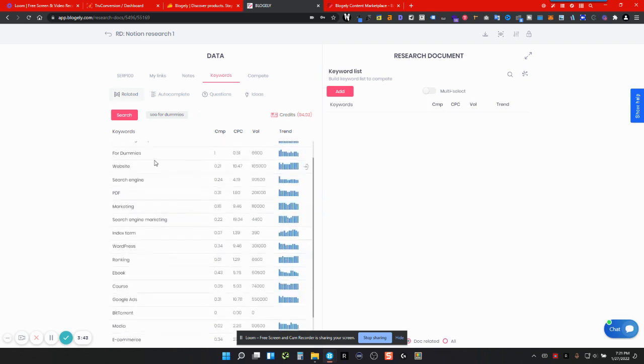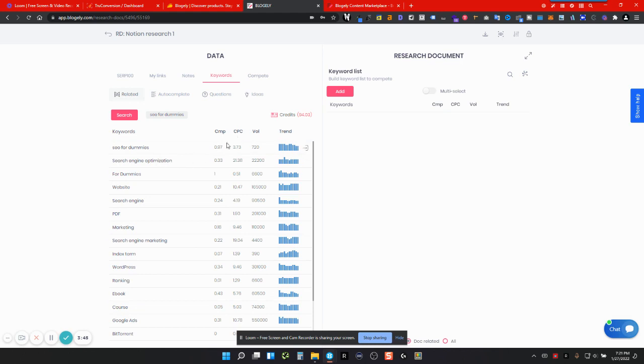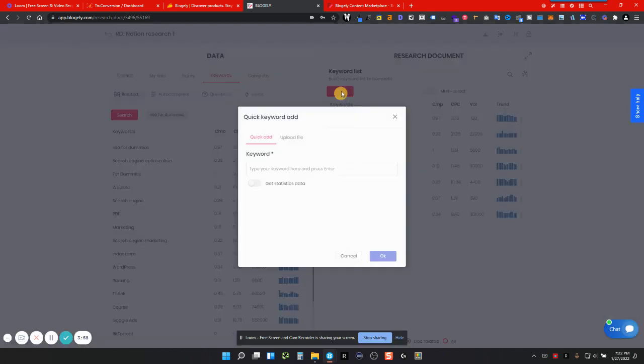Now, the search results are going to give you keywords, and these are pulled from Moz, so they're a reliable source. And this basically lets you add the different keywords here. You can add these keywords like this. So let's say I add all of these, and now I want to add them. I want to add another one like SEO tools,